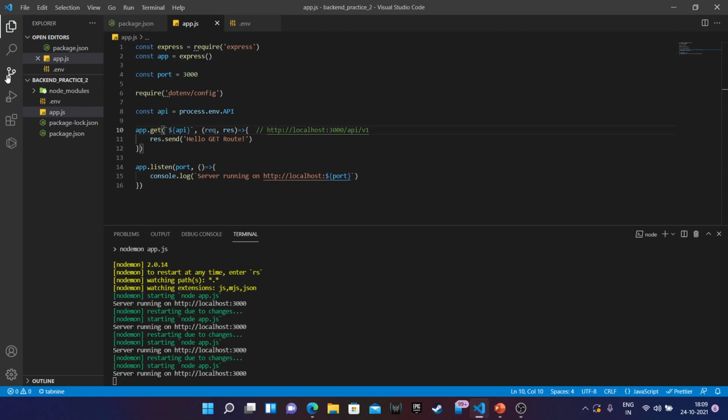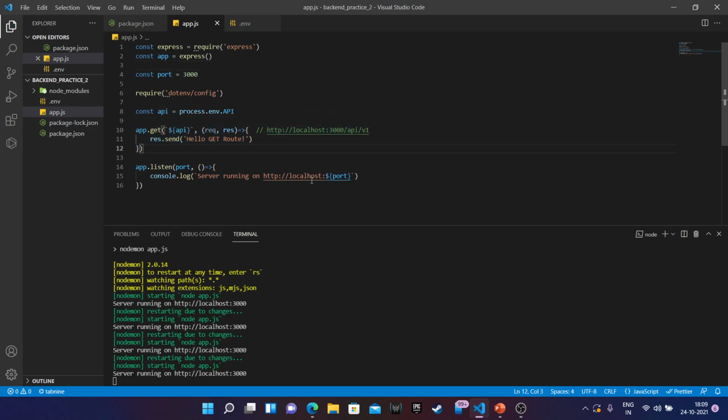So this is the first basic part where we created the Express server. We run our server using Express, and we have created a simple get route.